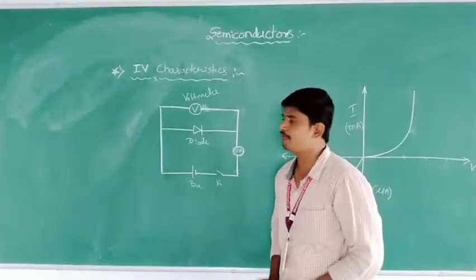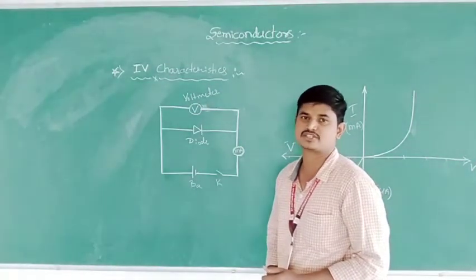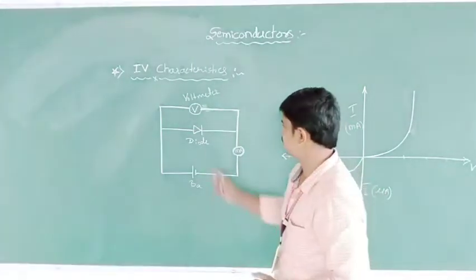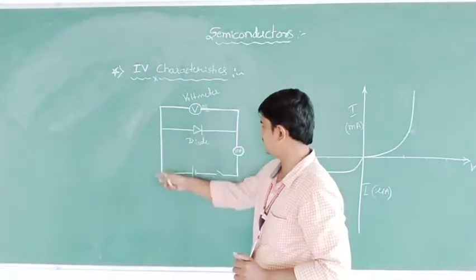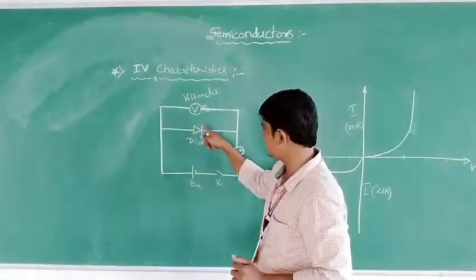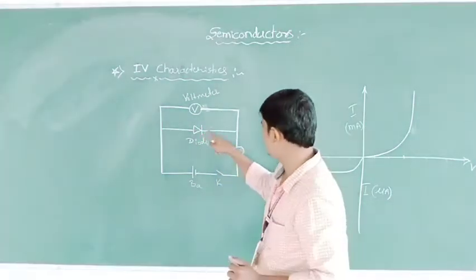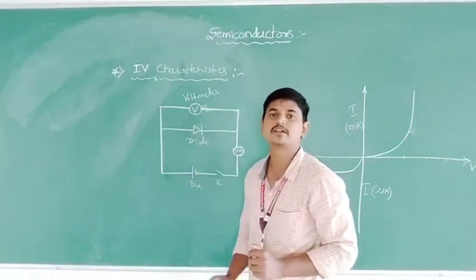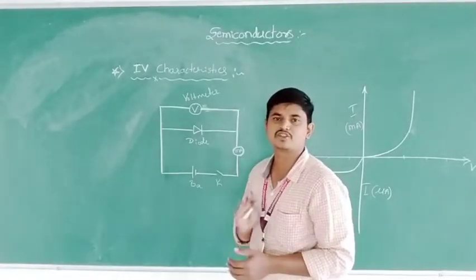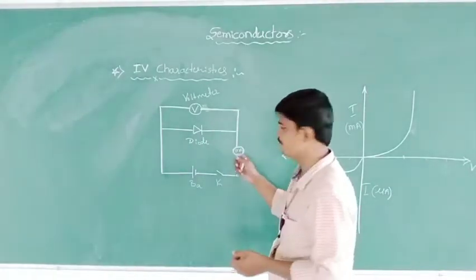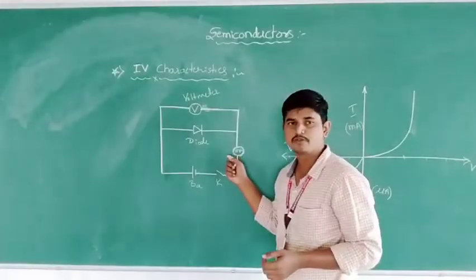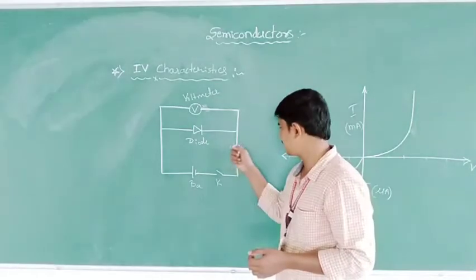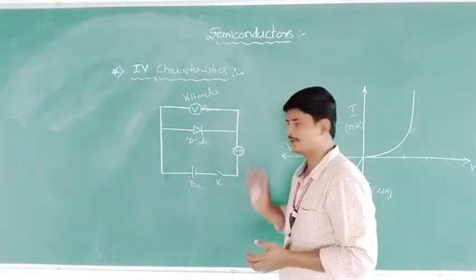Now we want to study the I and V characteristics in the case of forward bias as well as reverse bias. As per the forward bias, here is the P type of semiconductor, connected to the positive terminal, and the straight line represents the N type of semiconductor, connected to the negative terminal. This type of bias we call forward bias. Here a large amount of current flows, in the order of milliamperes. That's why we want to measure the flow of current in milliamperes, and I took this milliammeter here.